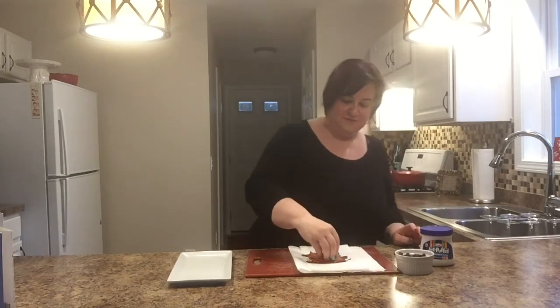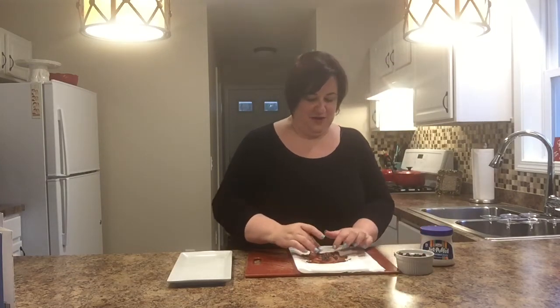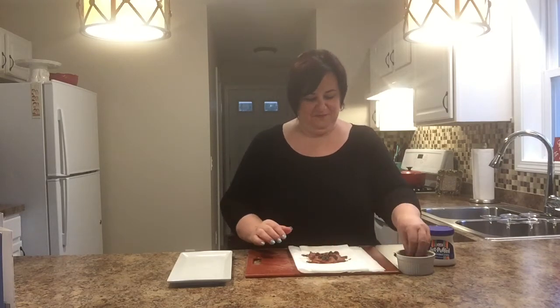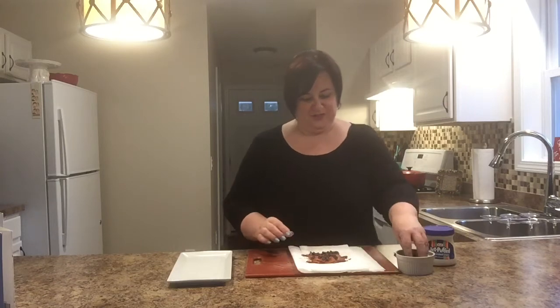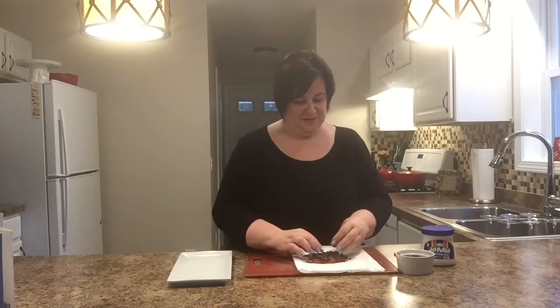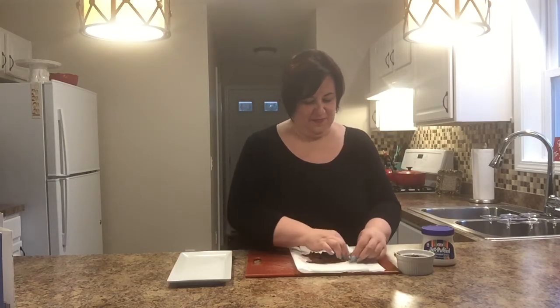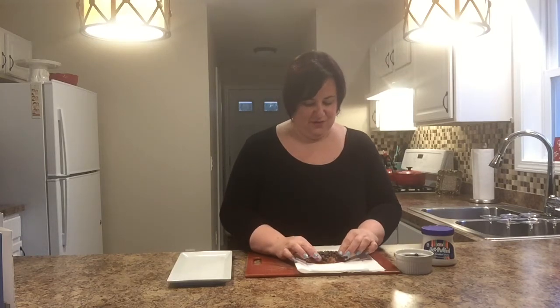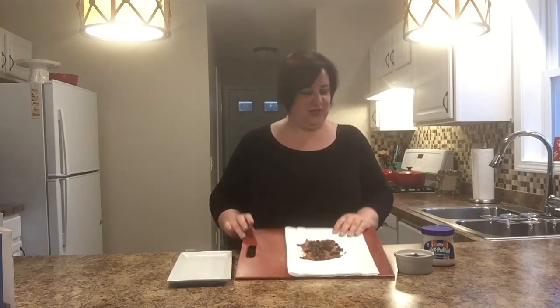So what I'm going to do is put the chocolate on first. I'm going to spread it around. It's starting to melt already. And you can put as much as you like. There are no real exact measurements on this one. Wow, it really looks smoky in here. It's starting to melt. As you can see, I just laid it on. And then,